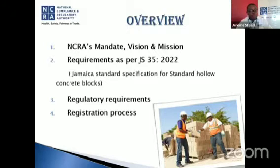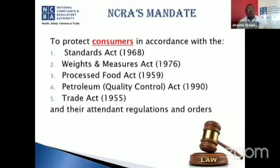And then we're going to look at the regulatory requirements. What gives the NCRA power to go out in the public and regulate this product? And then we're going to look at the registration process for block makers. So here we go. The mandate of the NCRA is to protect